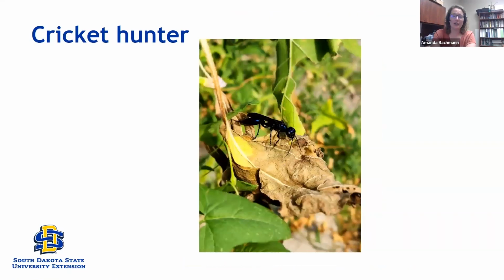I did want to put in a cool wasp. This is called a cricket hunter. So it's another one of our large solitary ground-nesting wasps. It has a very similar life cycle to the cicada killer, only this one, as the name suggests, specializes in crickets. So for all the people that ask me questions about crickets and don't particularly like them, this wasp should be your new best friend. It's a very beautiful blue metallic color with almost black wings, and it's not